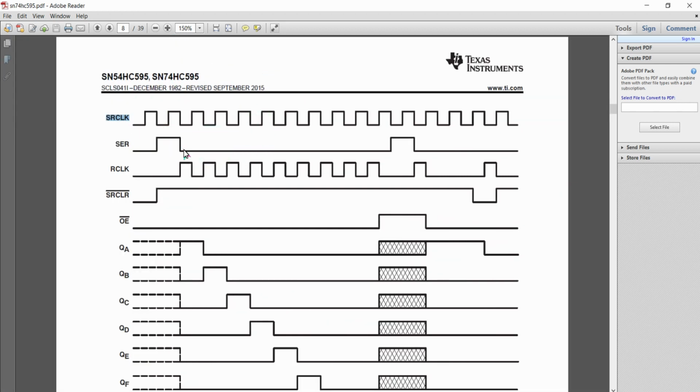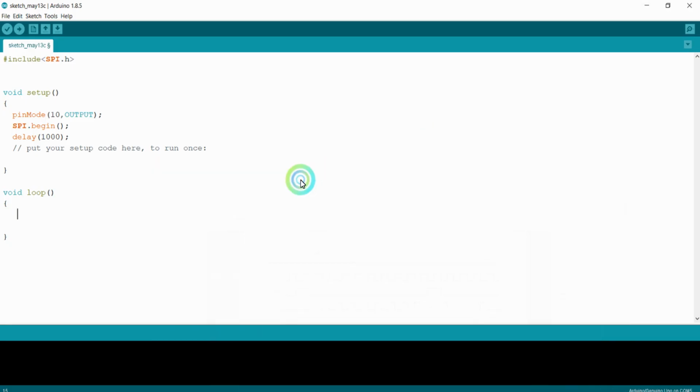As per this clock, when you pass on the data, that data will be directly fed to the Q ports of the shift register. You just want to pass 1 byte of data directly to the SPI port, so that it will be converted into parallel output and written to the output port of the shift register. Let us see.